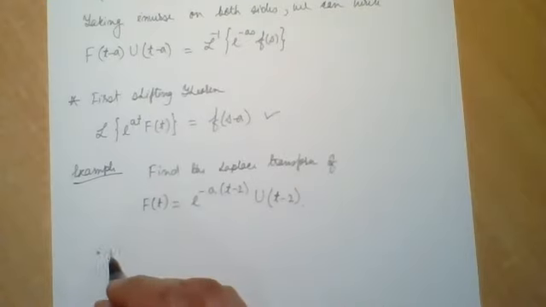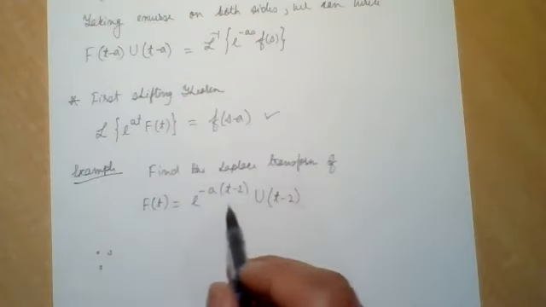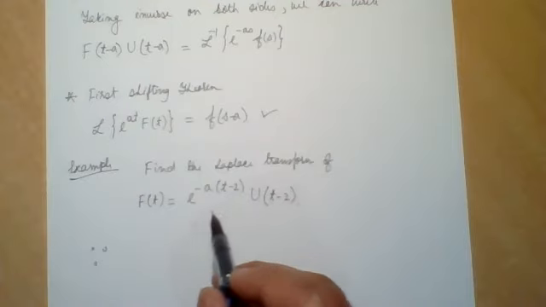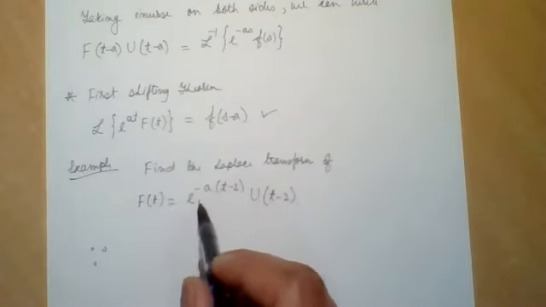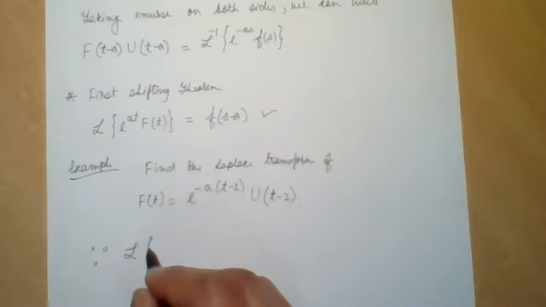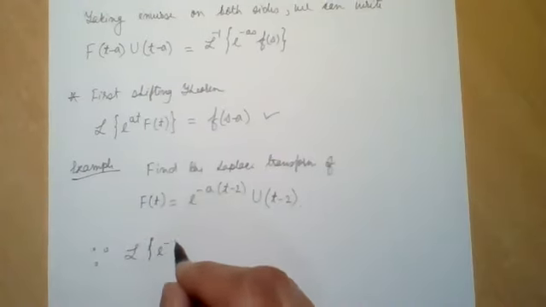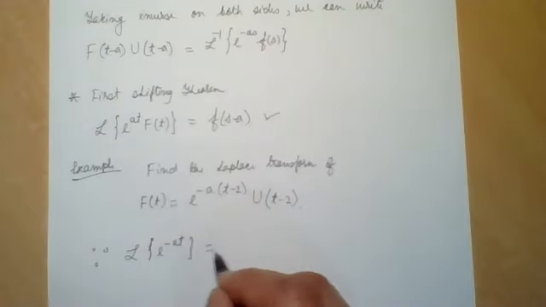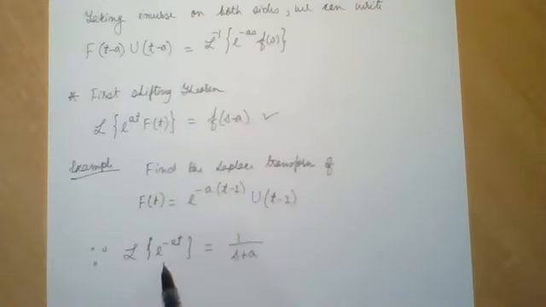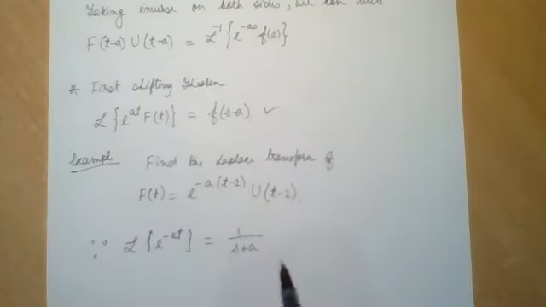We know that here we have shifted the given function by t minus 2. So the unshifted, the original function would be e to the power minus at, and we already know that the Laplace transform of e to the power minus at is 1 by s plus a. From the first shifting theorem, we already know that this is 1 by s plus a. Therefore,